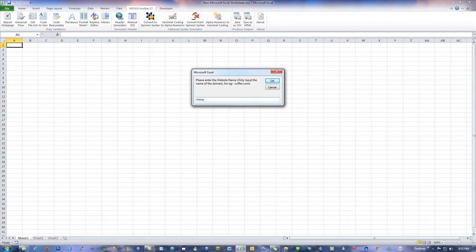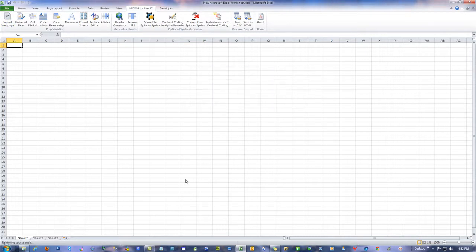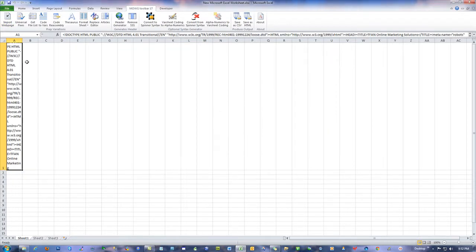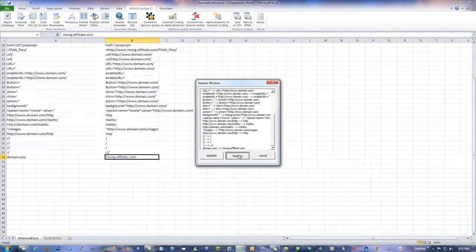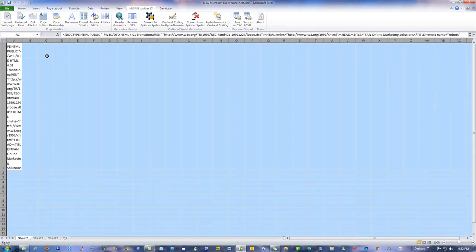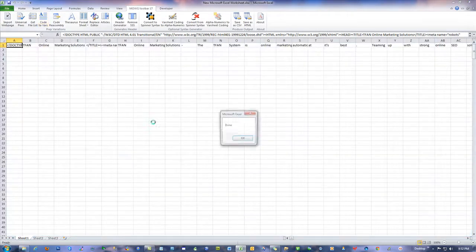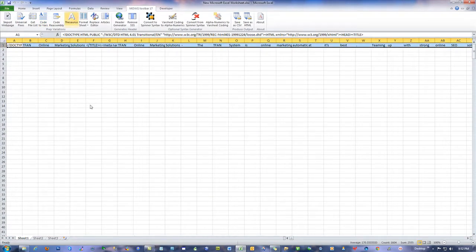Import, MOWG-affiliate.com. Imported. Good. Universal fixes. Make sure it says MOWG-affiliate.com. Replace. Done. Okay, so we're good with that. Code to vars. We already know the page is going to look right. We don't even need to save it as an HTML. Everything is there. Highlight the source,